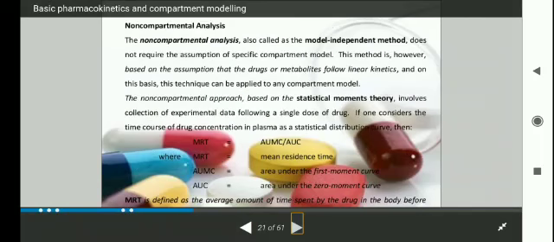And this is statistical moment theory, that is non-compartment analysis, which is a model independent method. Here you can see, earlier we have discussed MRT, that is mean residence time, that is AUMC by AUC. AUMC is area under first moment curve and AUC is area under zero moment curve, sorry. So these are the different types of mammillary models, catenary models and physiological models along with mathematical models. And coming to its estimation, we'll talk about it in our next session.